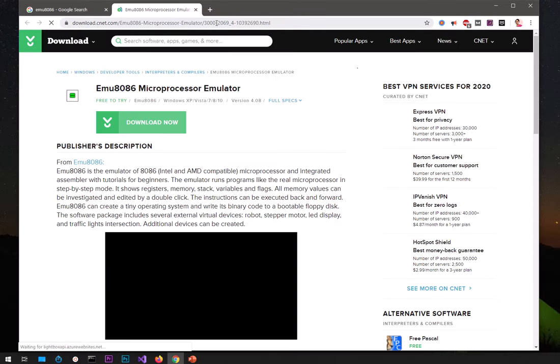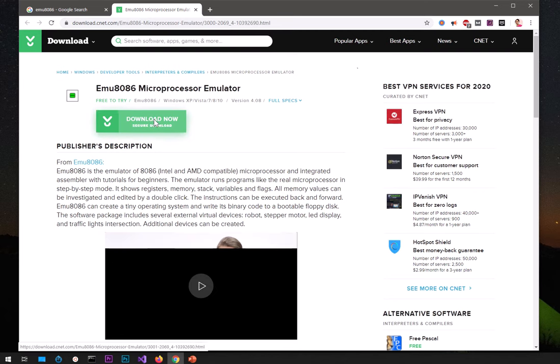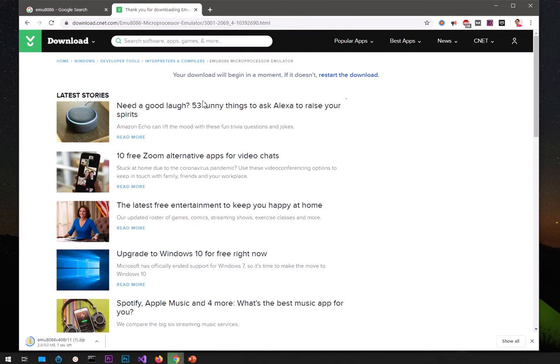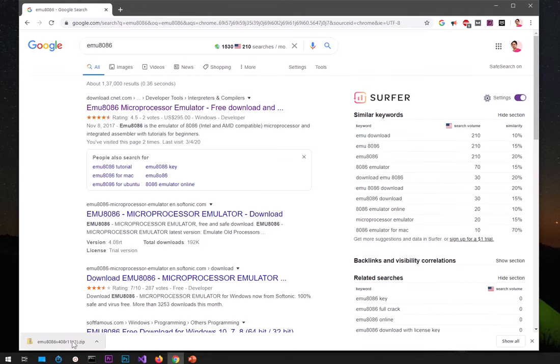download.cnet.com, and this is what it says. And I'm going to say download now, and this is going to start the download process. It's a very small package. You can see it here at the very bottom. It's been downloaded. It's in a zip folder, so I'm going to open this in the download folder,